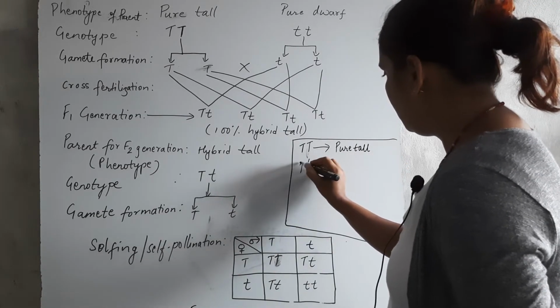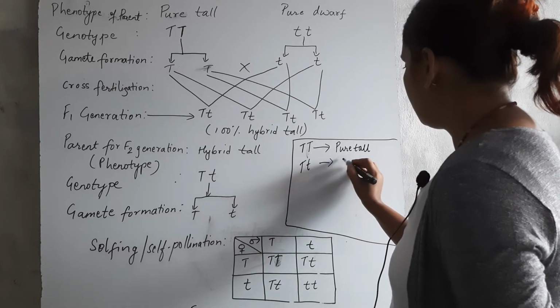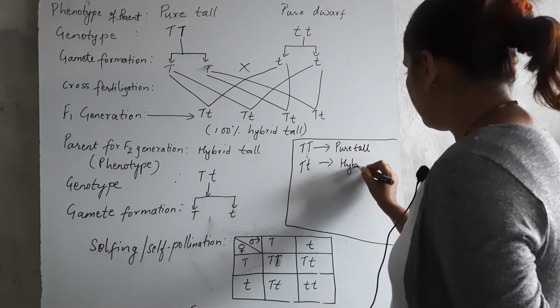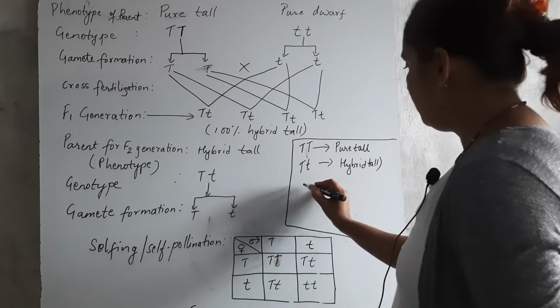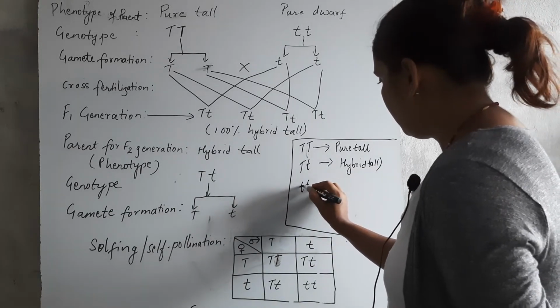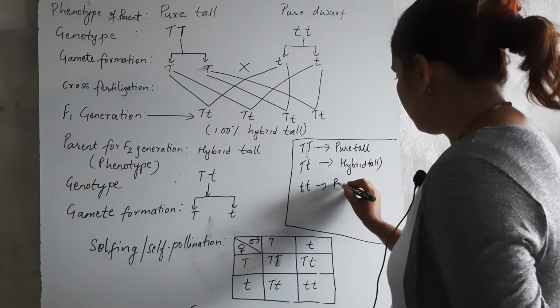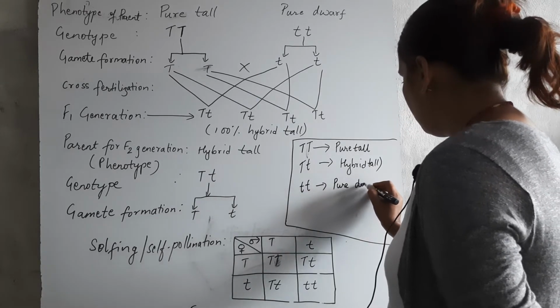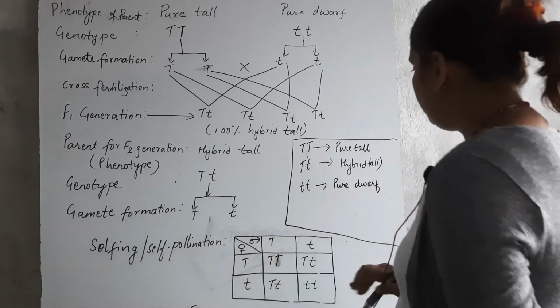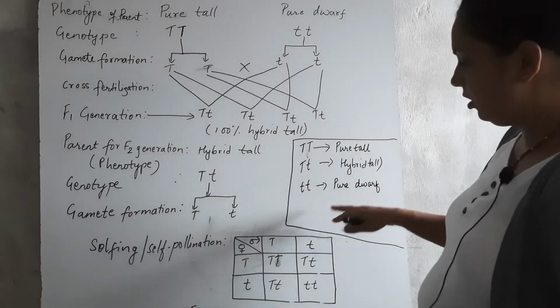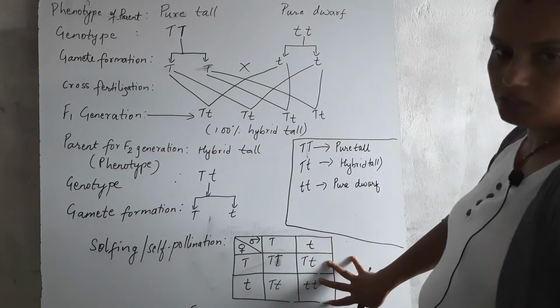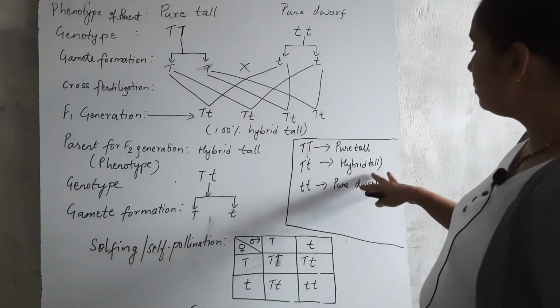capital T small t represents hybrid tall, and small t represents pure dwarf. Now if we consider the percentage wise, or out of total 100% of offsprings, according to the Mendel result